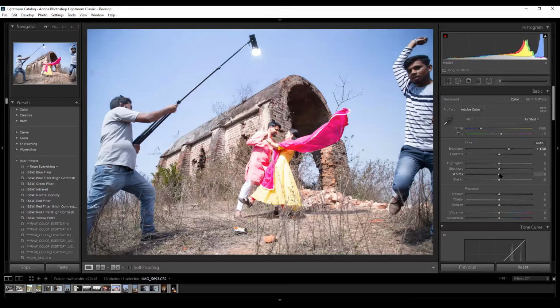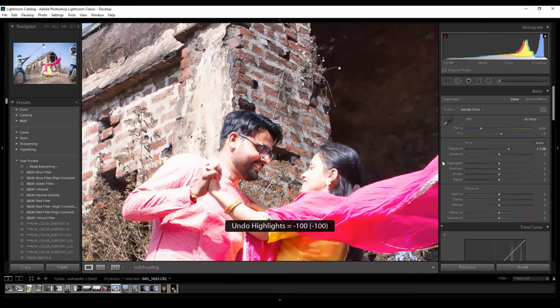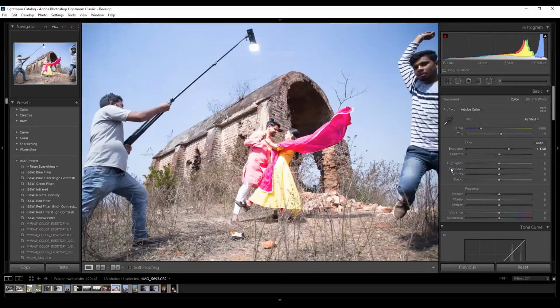It's trying to bring the whites more towards gray when we are adjusting whites. In highlights, it's trying to reduce the highlights and restore the colors. Did you see the difference between the two?